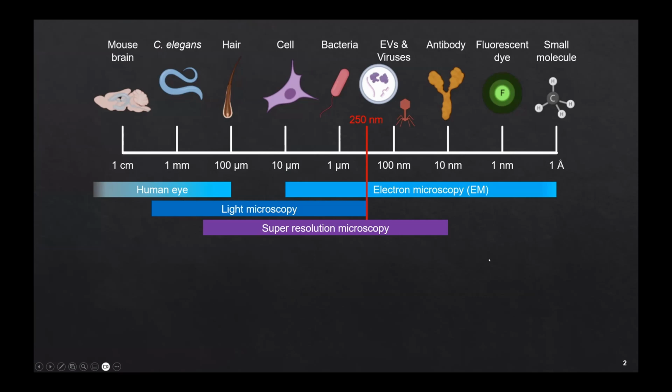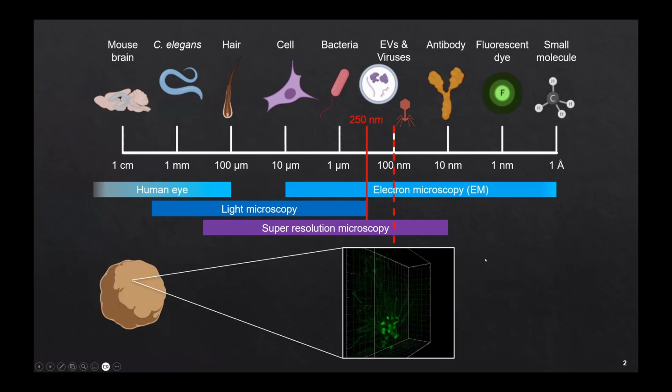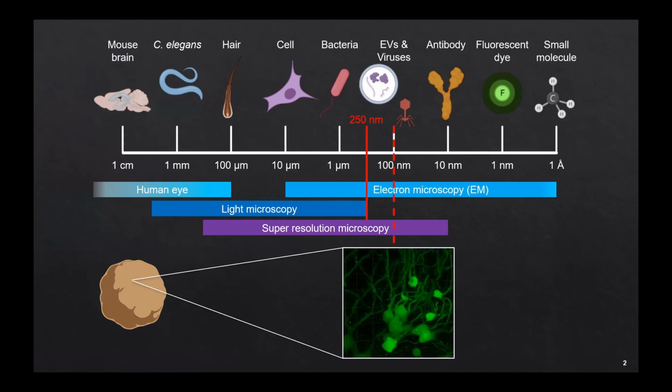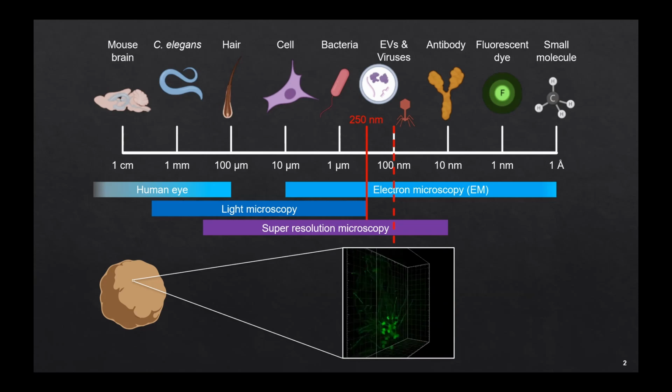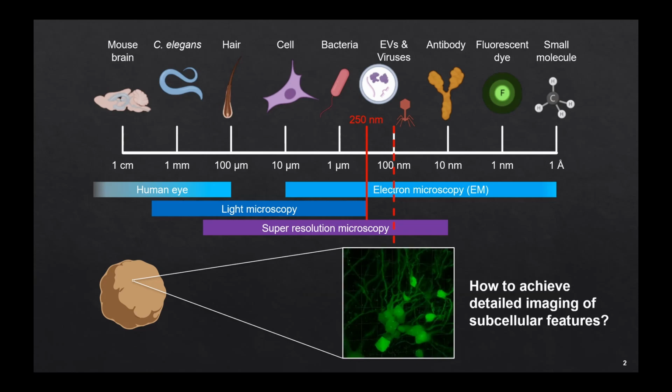And we are interested in neuronal interactions, and neuronal interactions are usually in the range of 100 nanometers, where the synaptic distances occur. But still, we would like to see the complete context of these synaptic connections. And if we have a mouse brain or big organoid samples, we can have samples in the range of 1 centimeter. So what we can do in order to get this detailed